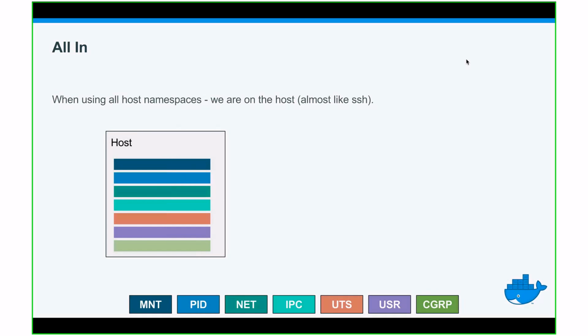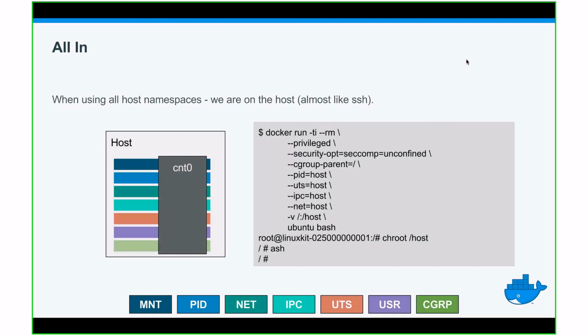Okay, and now it's a rather scary slide. So if you are easily scared, maybe you should look away, because what you can do is you can do this, and you can jump in all namespaces of the host, except the C group namespace. So this is a lie. I lied here. And you can also not join the mount namespace. That's why I have to do change root. But what I do here is, I do SSH, root SSH into the host, basically. It feels the same way.